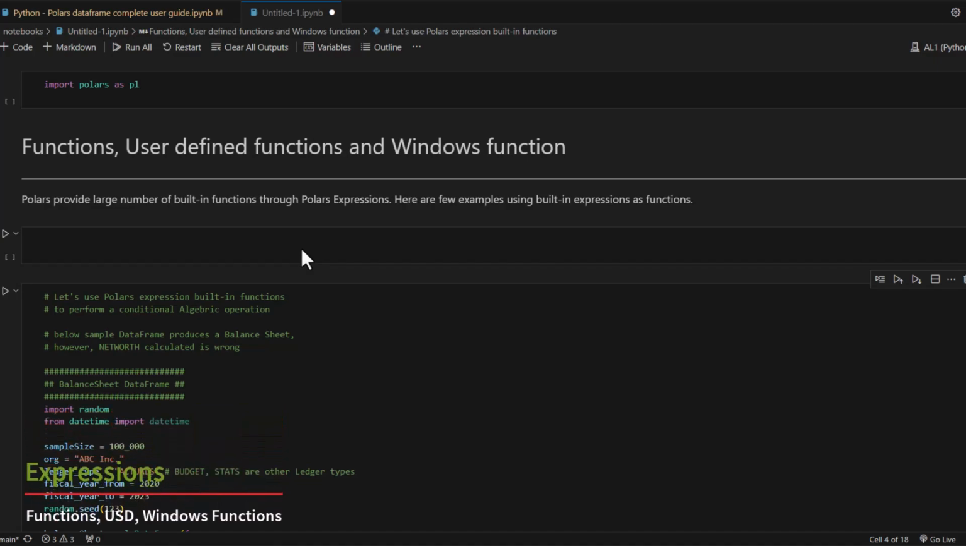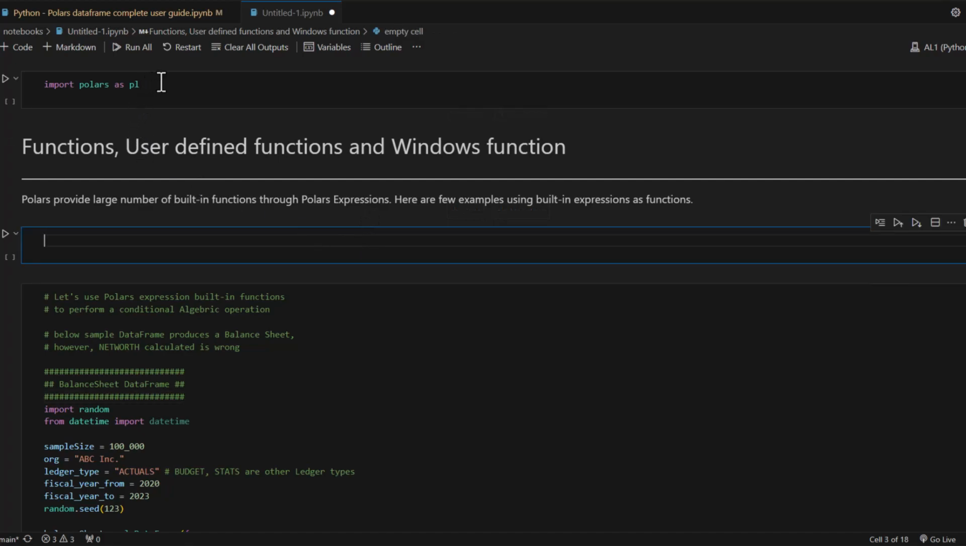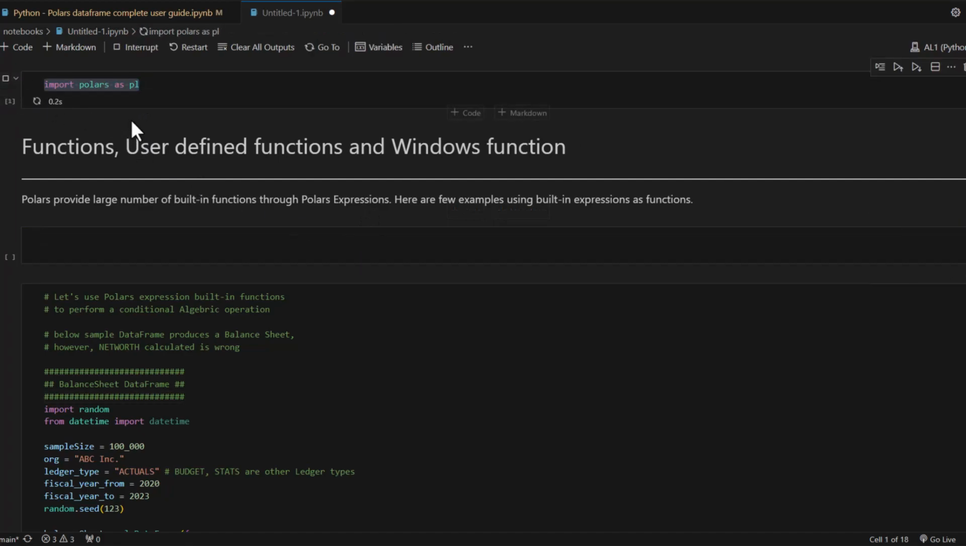As I mentioned earlier, in this notebook, we are going to focus on using Polars expressions to work with Polars functions, user-defined functions, and window functions. So this is the Jupyter notebook from the previous session, and if you recall, we created a lot of sample data from finance and supply chain data models. As you can see, Polars provides a large number of built-in functions using Polars expressions. So first we are going to review a couple of examples of Polars functions which are delivered out of the